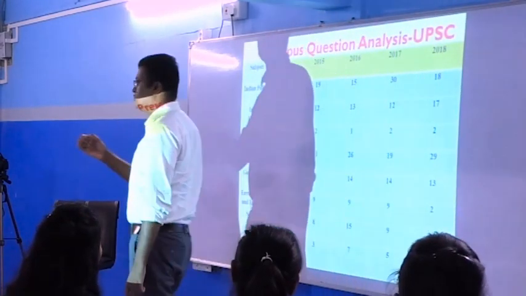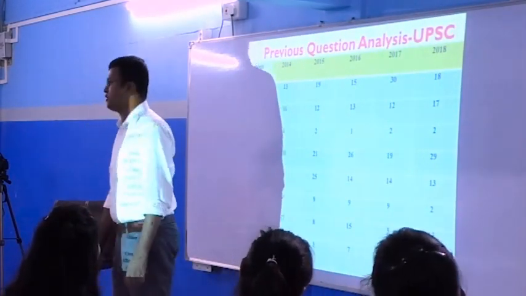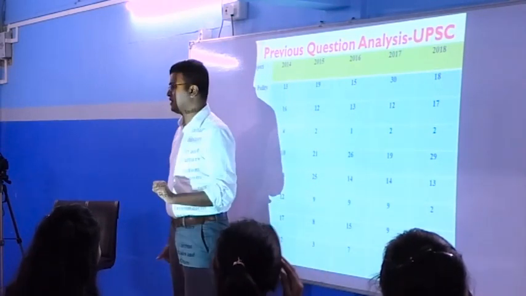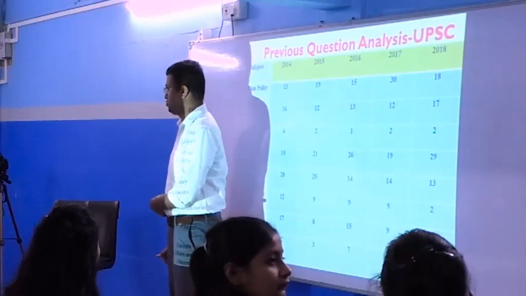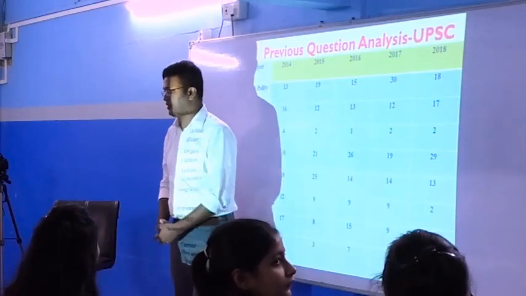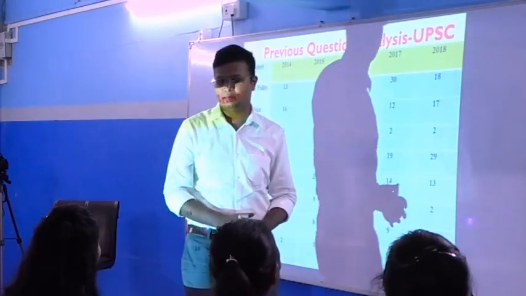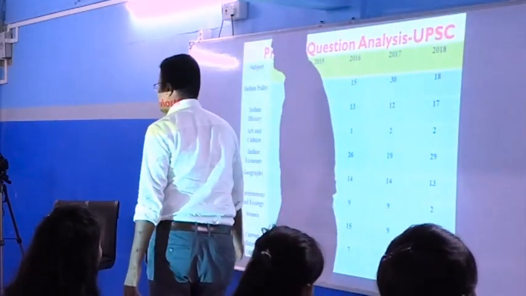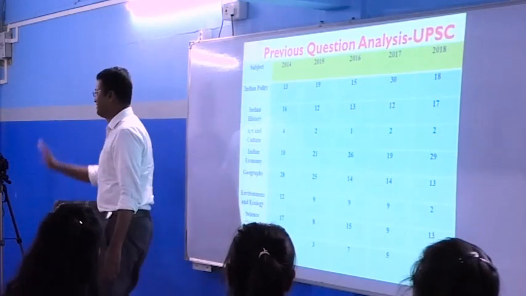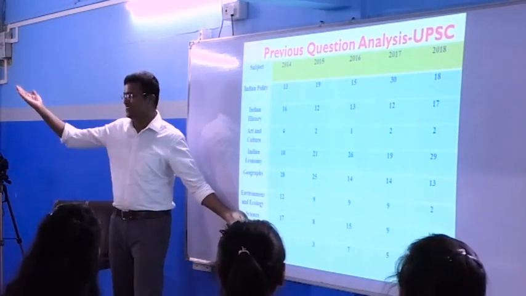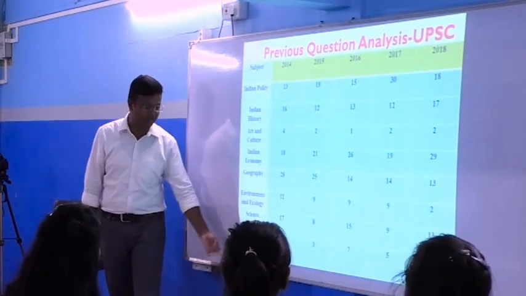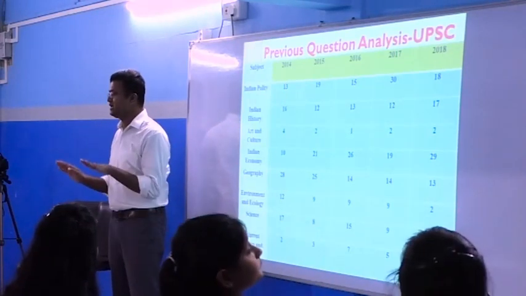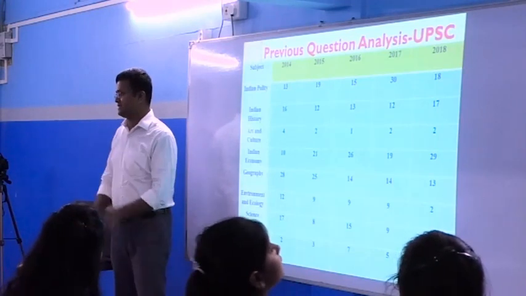Then the upcoming technology may be a question. Sometimes the question came about the Gorilla Glass of the mobile phone and what are the features and technology of the Gorilla Glass, when it was first introduced. Now everybody has Gorilla Glass on their mobile phone. So future technology may be a question for science. That's why science should be postmodern. Not only current affairs, the future current affairs you have to study for science and technology. And current affairs, obviously 1.5 years you have to prepare, mostly from magazines and other sources.